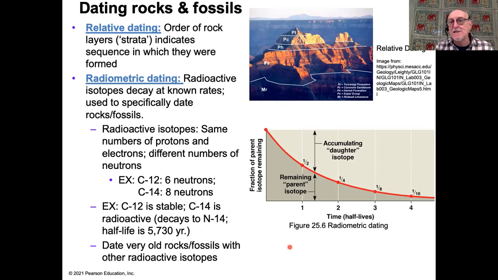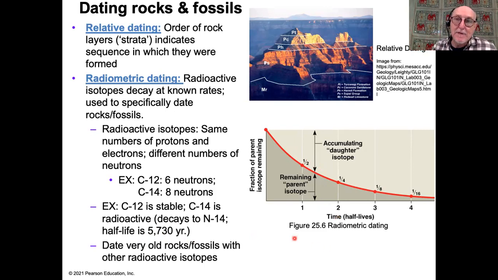Now, any radioisotope has a half-life. That is, it has a certain set time where half of it will have decayed to another isotope. And in the case of carbon-14, the half-life is about 5,730 years. In actual fact, carbon-14 is only useful for measuring up to tens of thousands of years, not hundreds or millions of years.